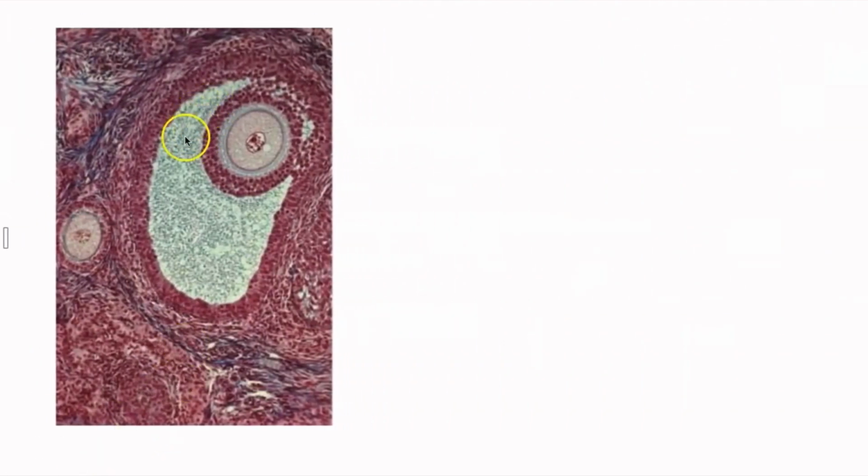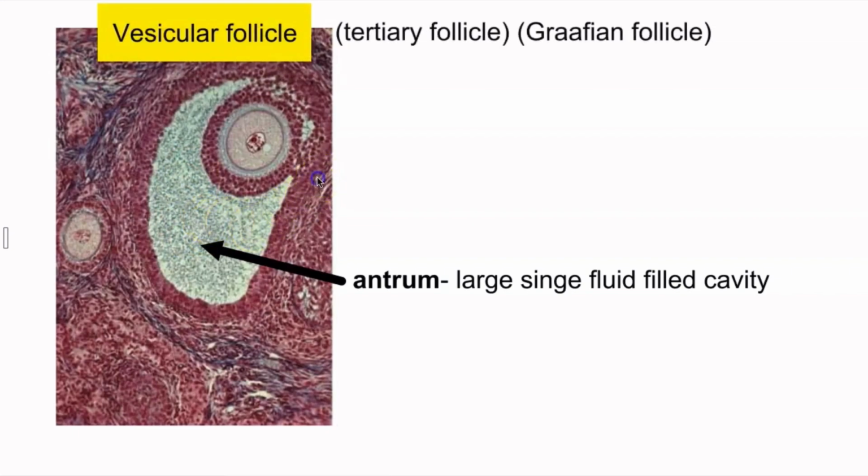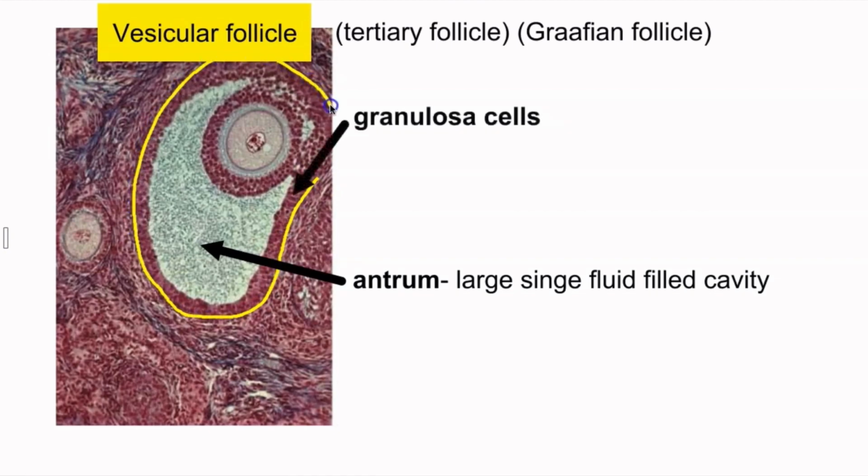Once the follicular fluid merges into one big cavity called the antrum, we can see that this follicle is known as a vesicular follicle, also known as a tertiary follicle or a Graafian follicle. We can see all of the main parts that we talked about. Here's the outer periphery of the follicle and all of the granulosa cells below that in dark pink, still secreting